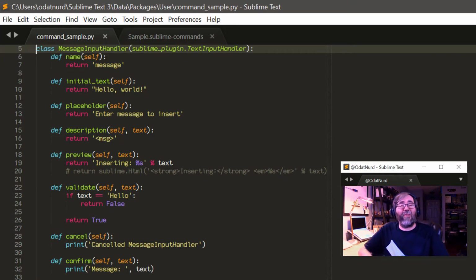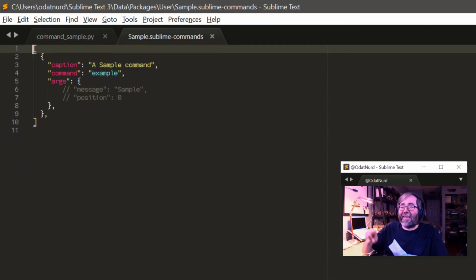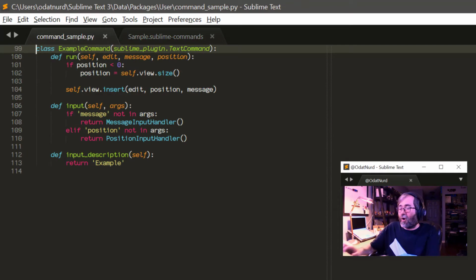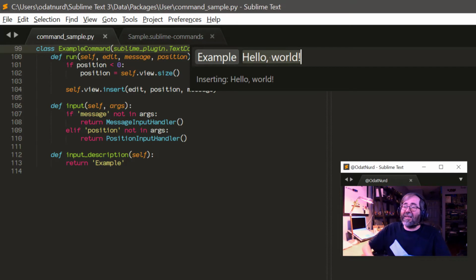The description method is used to set what text is used to mark your argument in the command list of arguments when it has been selected. Now, again, in order to demonstrate this, let's just point out that down here, example command has an input method, or input description rather, that returns example. The item in the command palette says a sample command. So when I choose this, it says a sample command, but when I actually pick it, it says example because